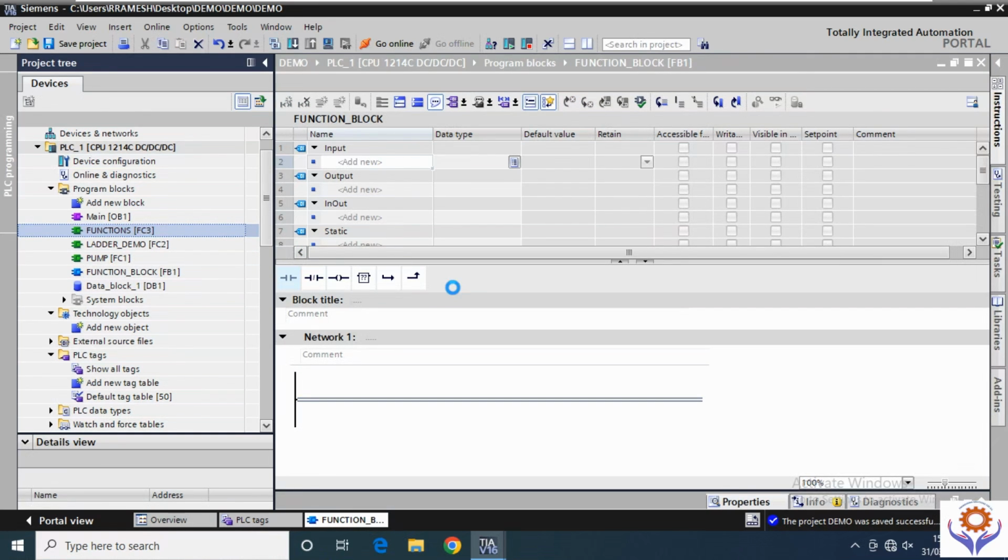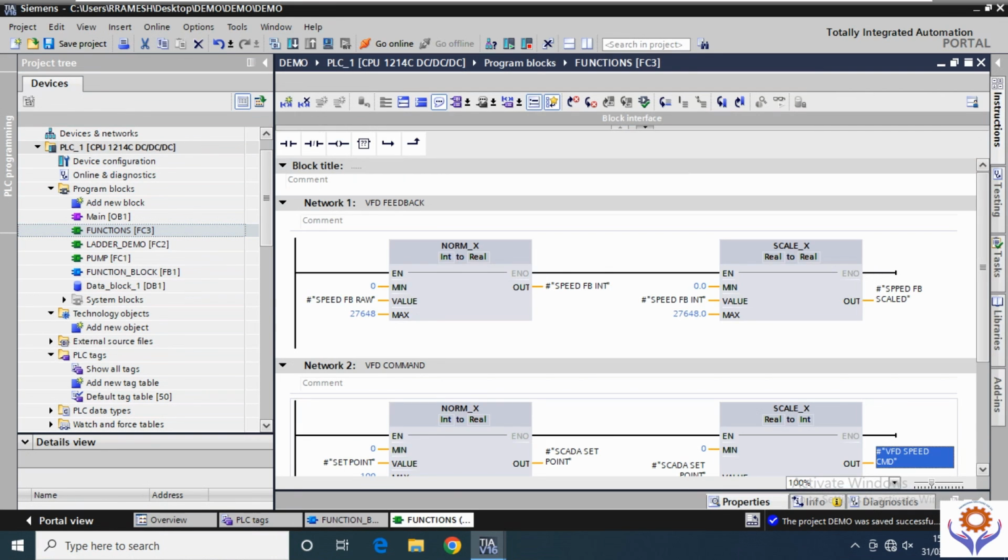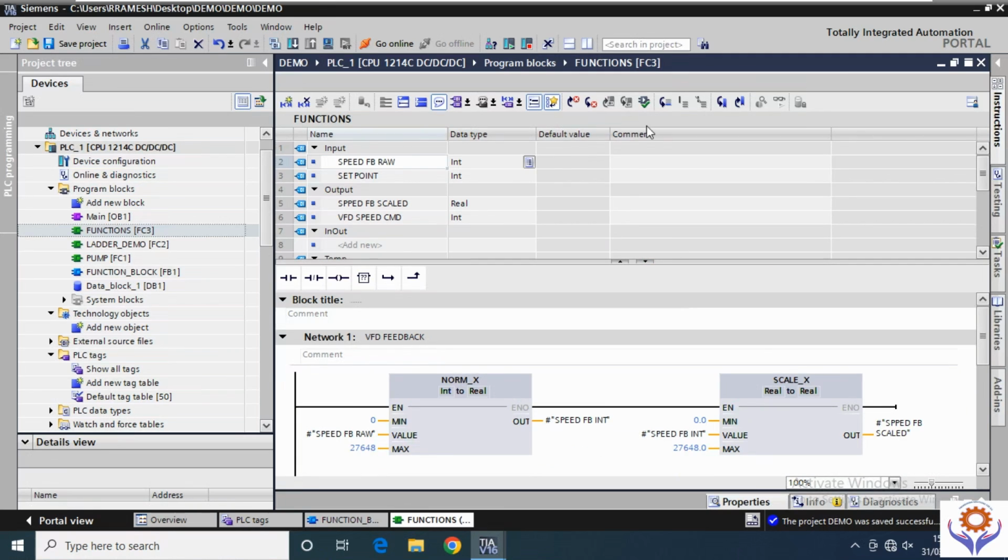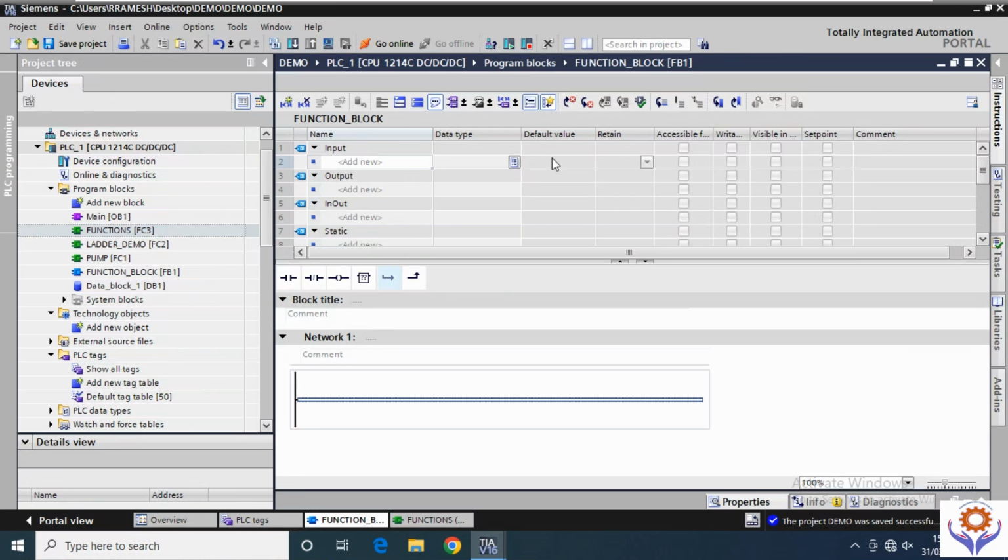If you see in the function, you cannot see the same thing. In the block interface you have only the default value, but you don't have any additional tables. But in the function block you can see many different things. This means that whatever parameters you are entering, it will store some values